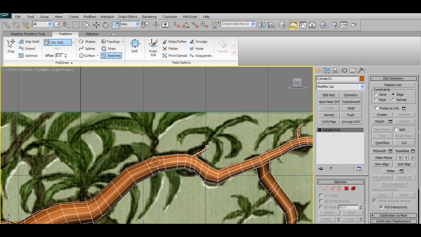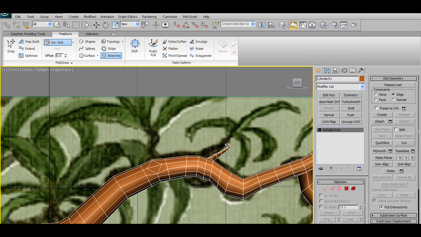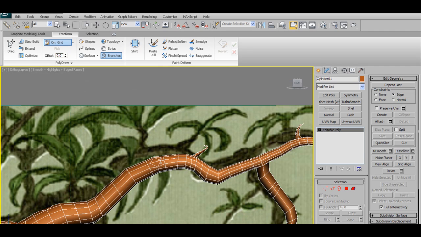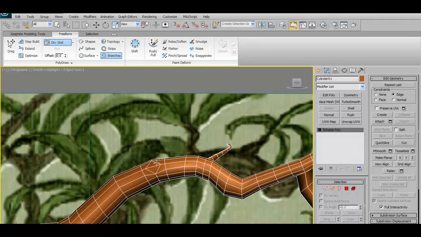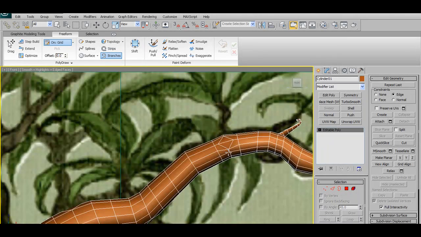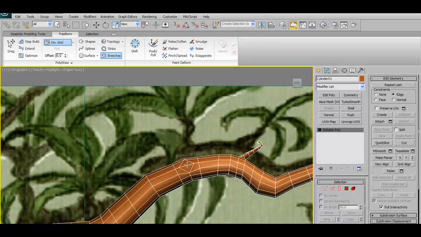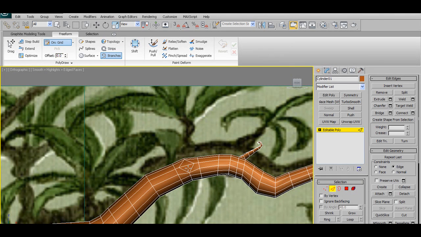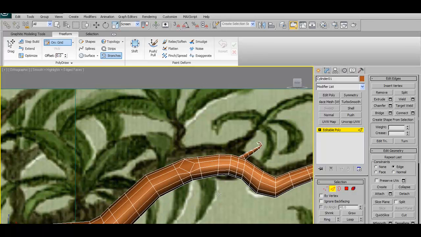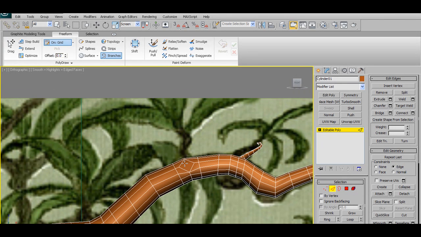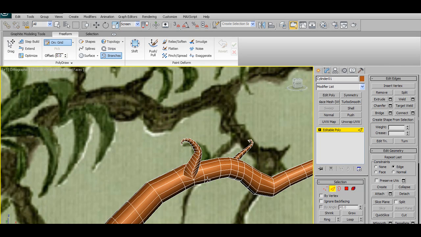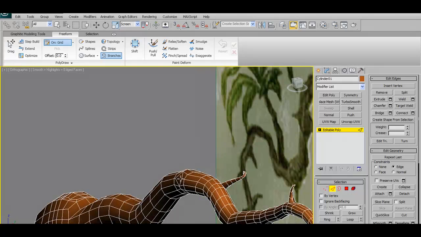And okay, something funky going on with my spline tool there. But that's okay, this gives me an opportunity to demo another quick way of making branches, which is the branch tool. The branch tool is a very neat tool. It doesn't quite give you as much control as the extrude on spline, but it is very, very fast, as you can see. You can just grab and start drawing your branches out in perspective,